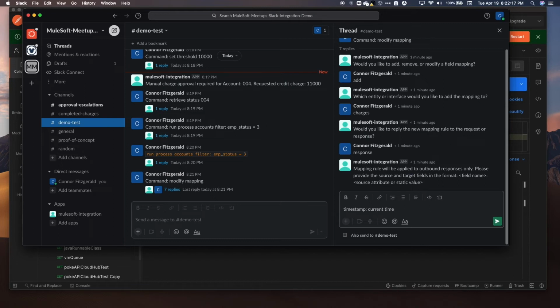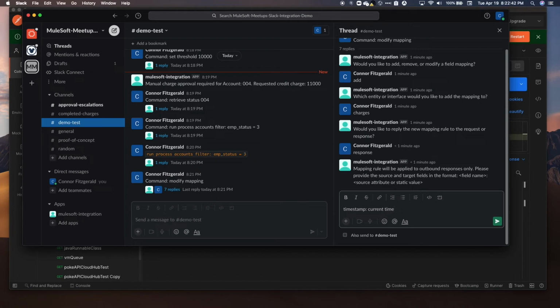Now, another common issue is that business users know canonical names or plain text names. So what is current time to them is the now data we've operated to a MuleSoft developer. So we can have a lookup behind the scenes so business users are able to use the syntax and wording that they're familiar with, and then behind the scenes we can run the lookups to translate this to the actual